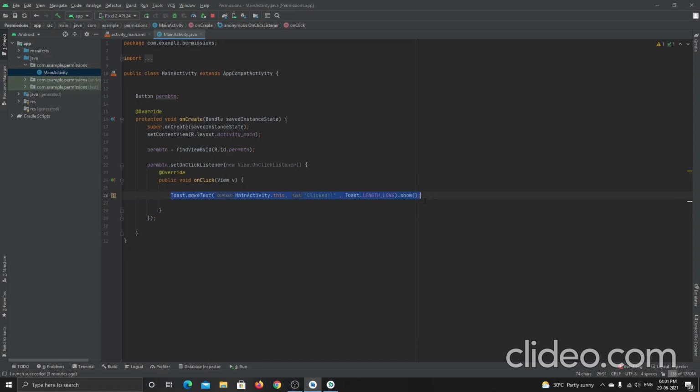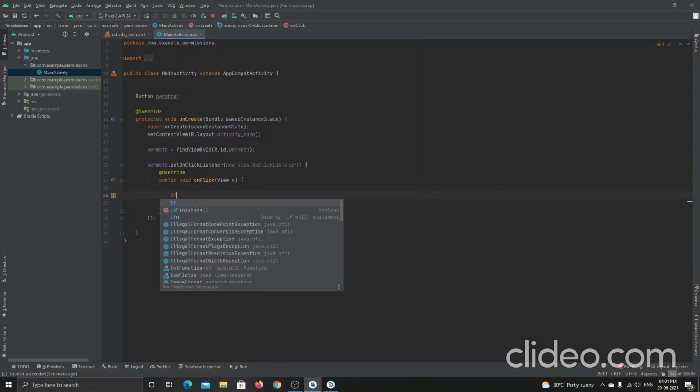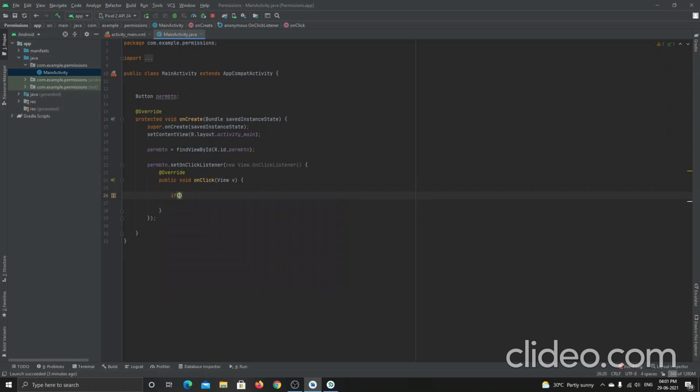Inside this set on click listener, let me add the if condition. Inside this condition, I will check whether the permission for writing to the external storage is there or not. If there is no permission granted, then I should ask for the permission.